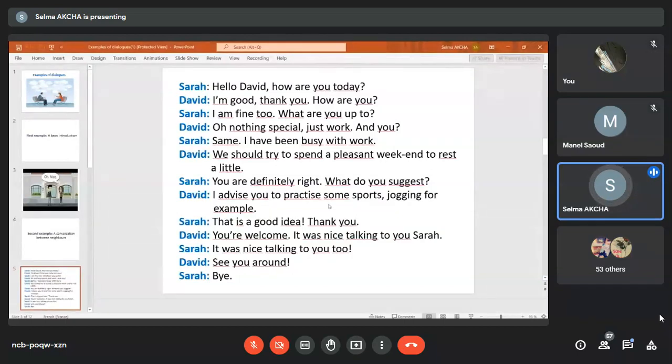This is a good example. If you read, see you around, je te vois autour. Of course, this is not the meaning of this expression. You cannot understand this expression by the meaning of each word. It is an expression that has its own meaning. C'est une expression qui a son propre sens, pas par les mots pris un à un. Mais si vous prenez mot à mot, vous allez comprendre cette expression? Non. En anglais, il y en a plein. Il y a beaucoup d'idioms. There are plenty of idioms in English. There are a lot, okay? See you around means see you soon, see you later. Please write it in your copybook. Don't forget to take notes.